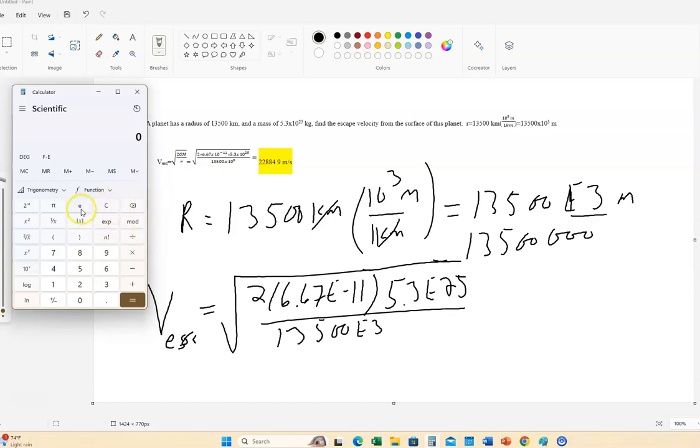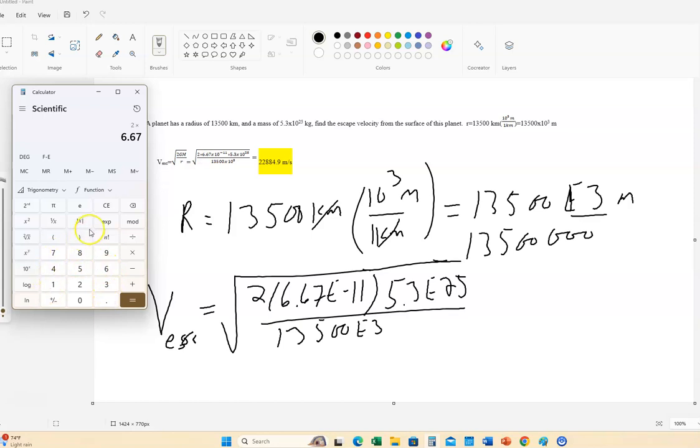Oh my gosh! All right, so the square root of 2. Oh, you know what? It's not going to work. So here, I'm going to do what's in the square root first. 2 times